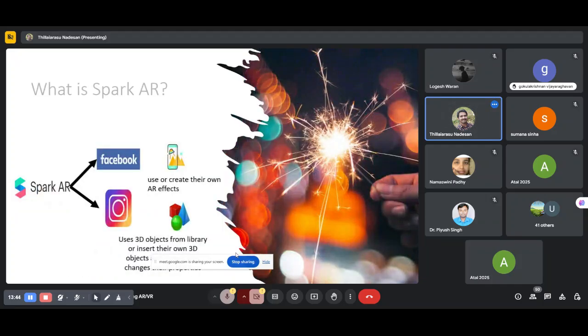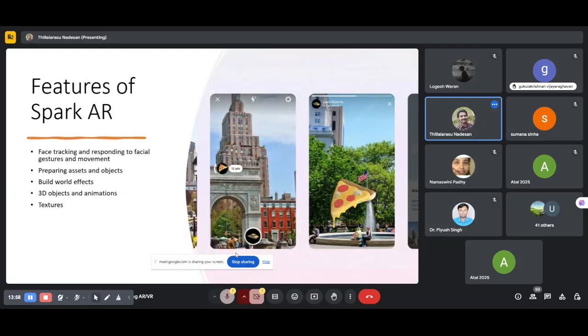Okay. So what exactly is this? With Spark AR, Instagram or Facebook users create their own AR effects, and we can interact with the library, 3D objects, and sound, all those things. Okay. The features. See, the features are the most important. They give many features like face tracking and responding to facial gestures and movement.